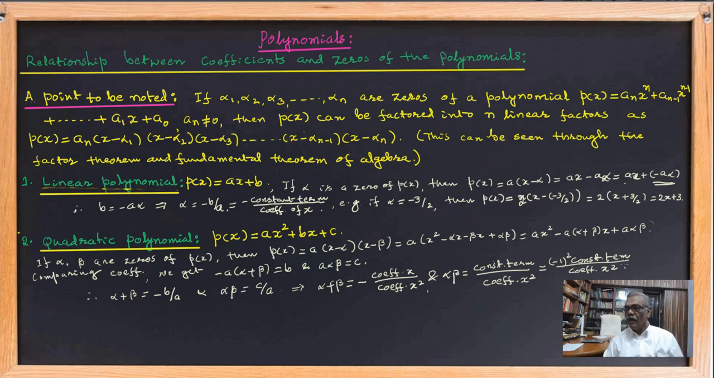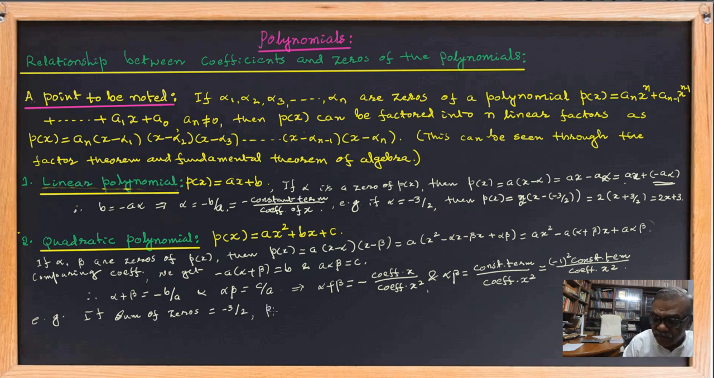And how this will help us to find the roots as well as the polynomial itself. For example, consider that the sum of zeros is equal to minus 3 by 2, and the product